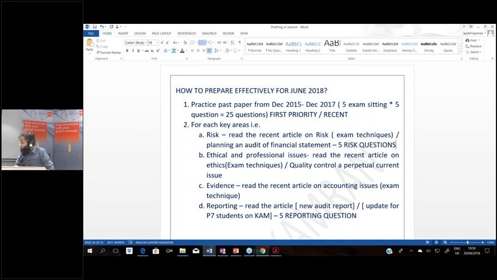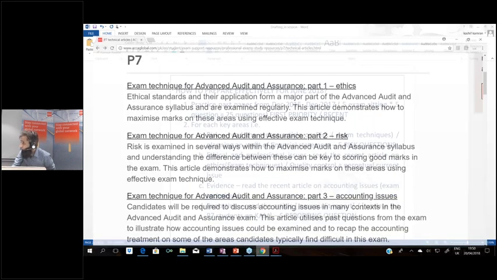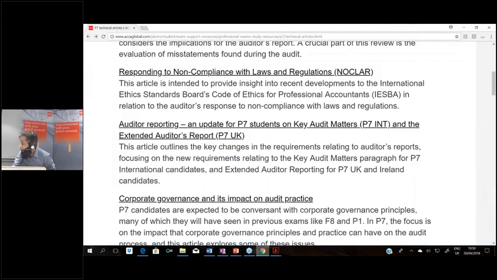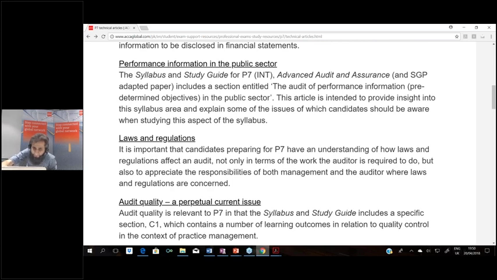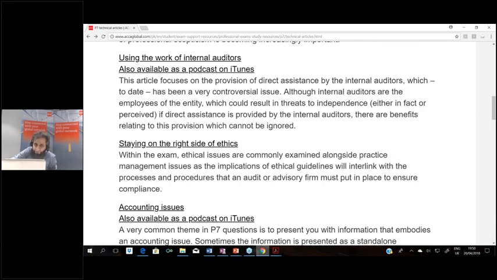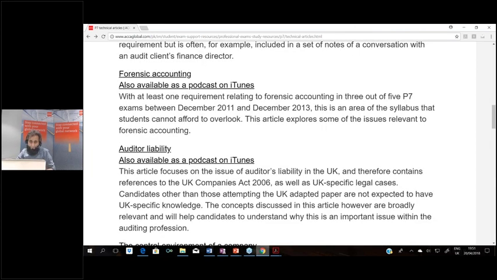Yes, the non-audit services like forensic and PFI due diligence articles, share them please. Mohammed Abdi, if you go on the website and go down, there is no article on PFI, right? There is no article on due diligence. There is only one article on forensic, and you can find it down here. It's a very old article, forensic accounting. Can you see this article in front of your screen? Apart from that, there is no article. PFI does not have any article, and due diligence does not have any article.